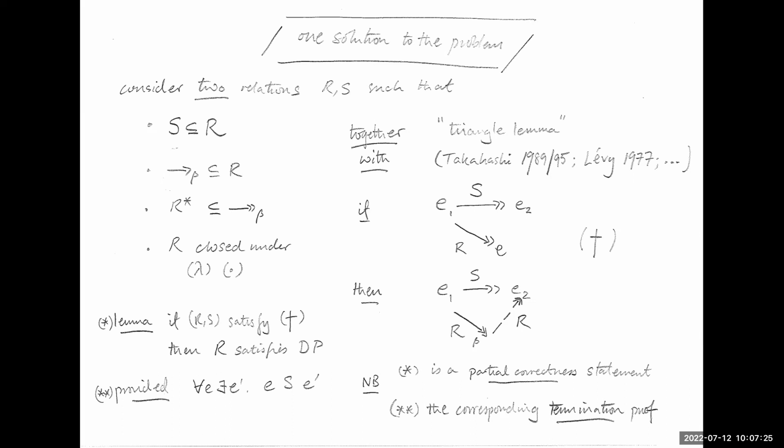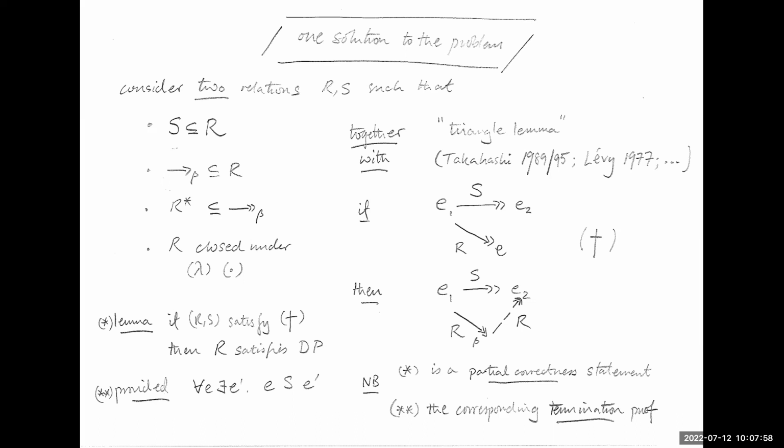So here's the triangle property. If I have an S and an R, I can close it with an R. Okay, and I'm going to prove a lemma of the form. Well, I just proved it with a picture, and as we know, pictures contain 87.2 words. I don't require that S be functional, only that it be total. It happens that S will be functional. I hinted that S was a determinization of R.